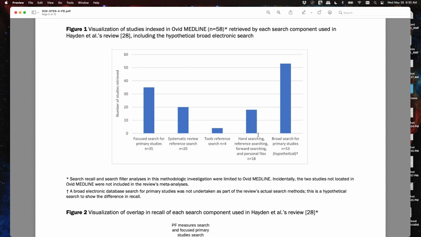I'm not sure I'm summarizing this in the correct way, but this was an interesting search method, I would say, which retrieved four additional studies. Okay, so these were the different search methods, and now I think we can move to figure 2,